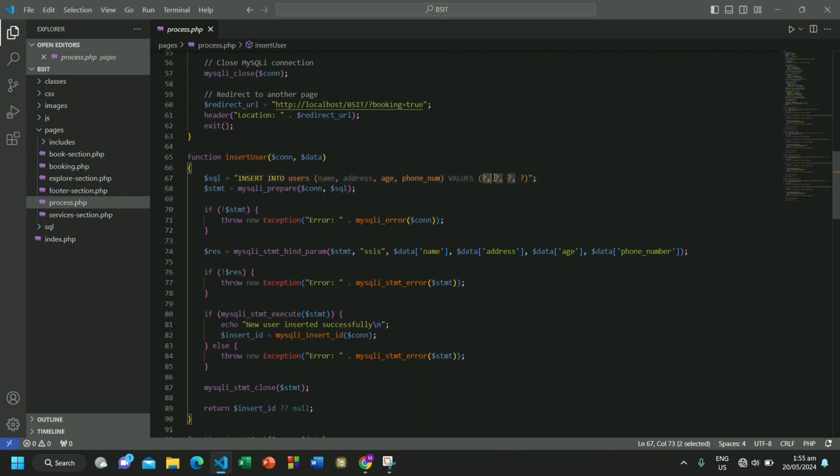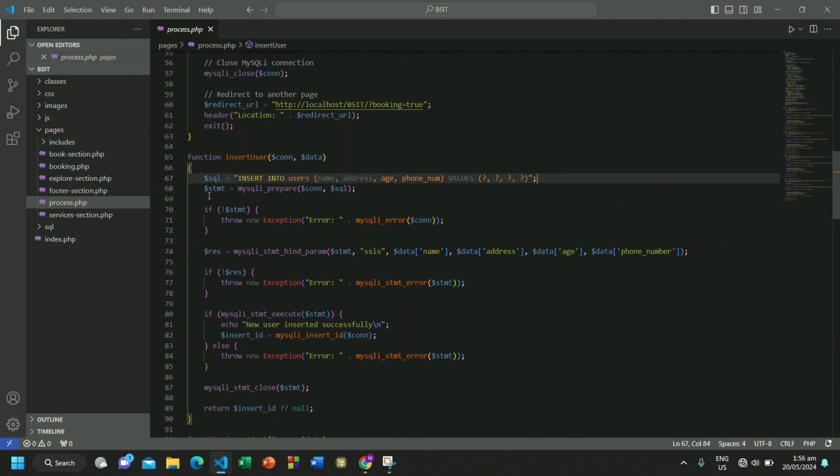Now, you might be confused, this is called parameterized, bind parameters. These are parameters that are bound. So this is just a way to prepare it.